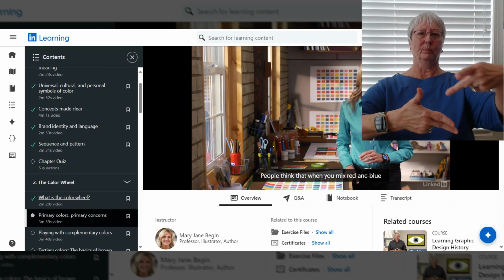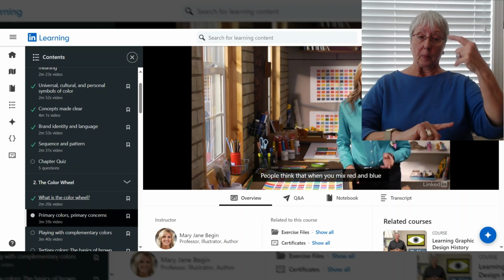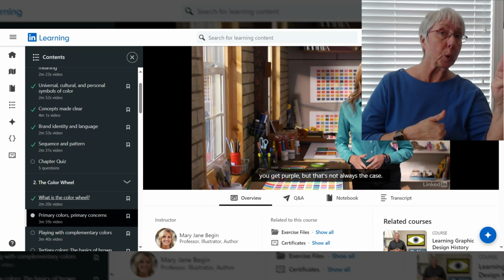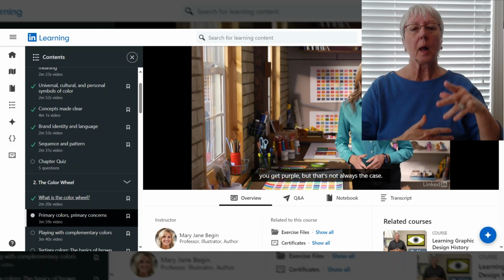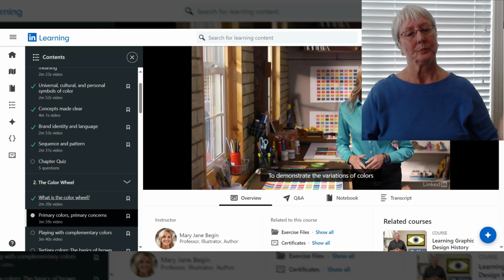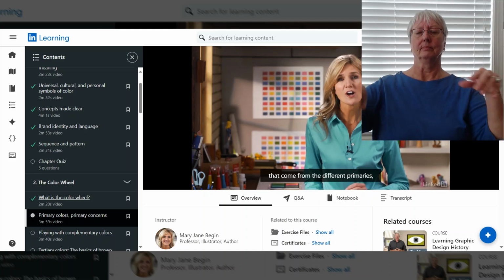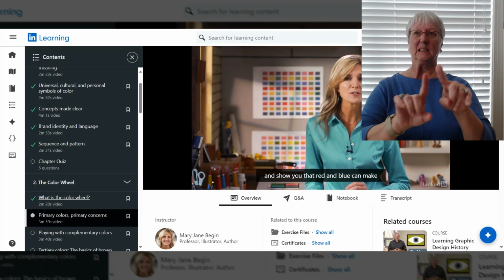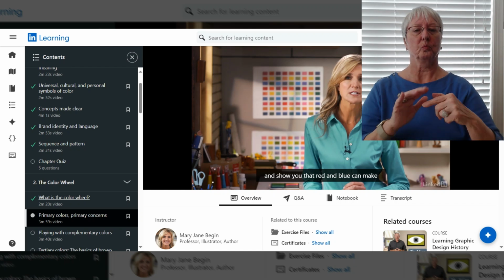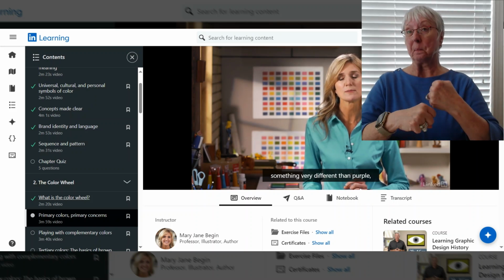People think that when you mix red and blue, you get purple, but that's not always the case. To demonstrate the variations of colors that come from the different primaries and show you that red and blue can make something very different than purple,